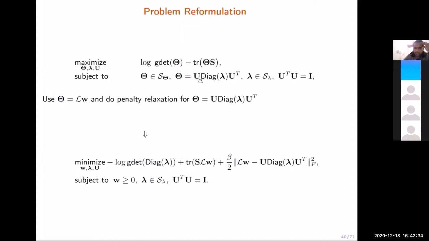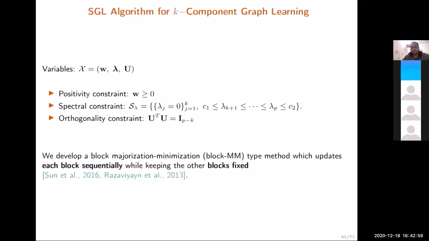So earlier the complexity was that the variables, theta, lambda, and U, were coupled. So we could not apply any popular method like block coordinate descent, because they require that the variables be non-coupled. But with this relaxation, we have three variables, W, lambda, and U, and all those variables are uncoupled. So we can devise any kind of alternating optimization method, which will solve one variable at a time, fixing the other variables.